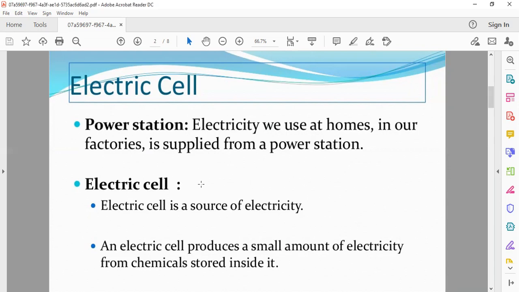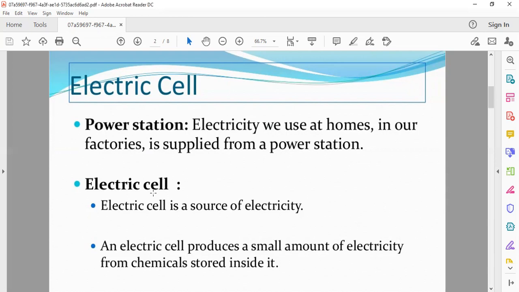The supply of electricity may fall or it may not be available at some places. But in such situations, a torch is used for providing light. And the torch has a bulb that lights up when it is switched on. Everybody has seen the torch, and from where the light comes in the torch, from where the torch gets the electricity. So, what is the major source of that torch? Let's discuss it.